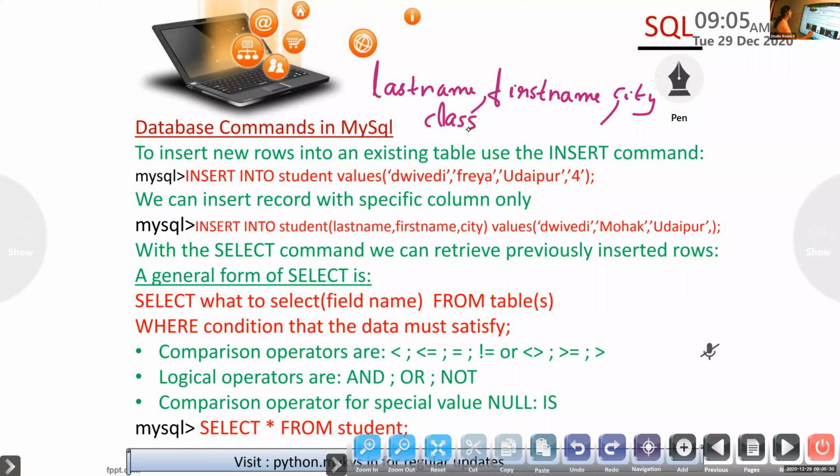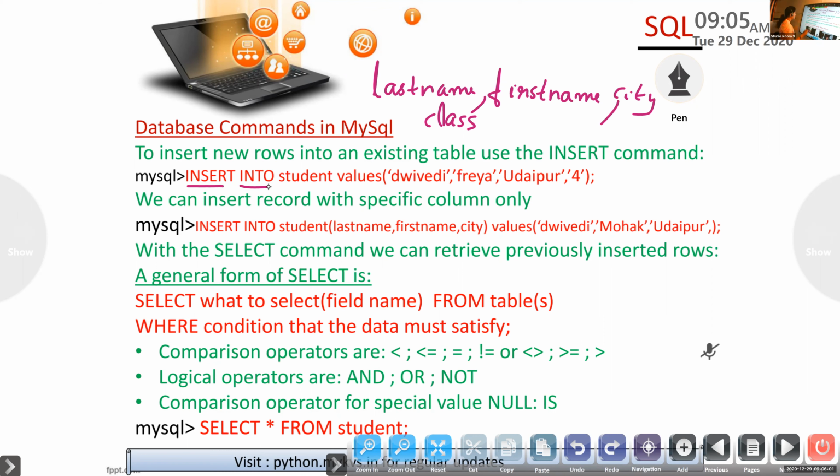All right. When you create a table, it is created without any values. It will be blank. So next, we need to insert rows into it. The statement is INSERT INTO. There are two types of insert statement.